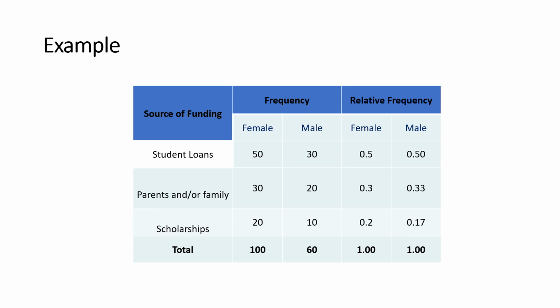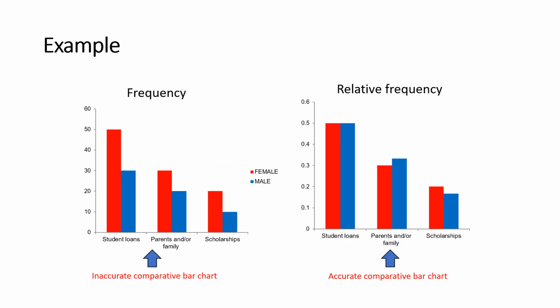Okay, so this is an example of data. We have student loan, parents, savings, and scholarship as the source of funding, with the frequency, how many male and female, and also the relative frequency. So you can summarize like this. This one is male and female, and this one is based on the number. You can see the difference. This one is an inaccurate comparative graph because the numbers are different. But if you do a more accurate comparison by using the relative frequency,